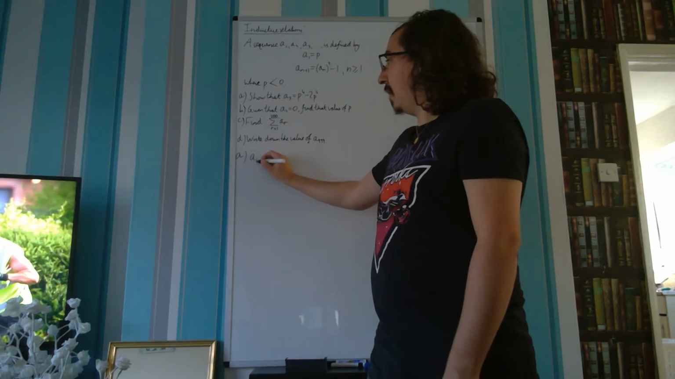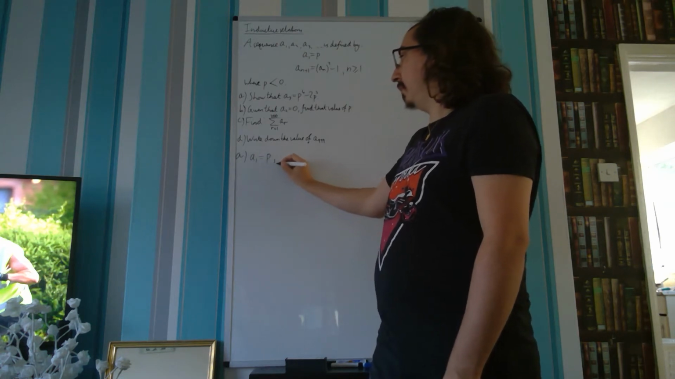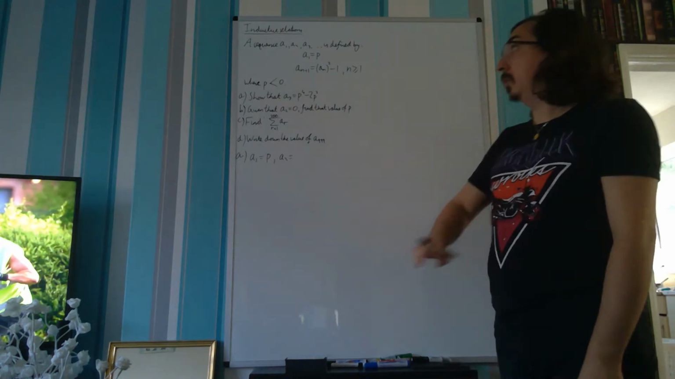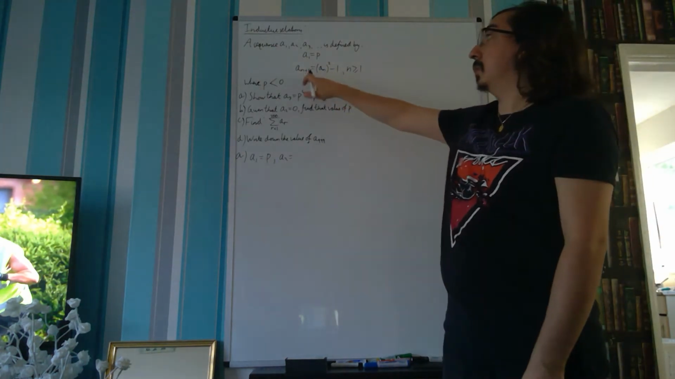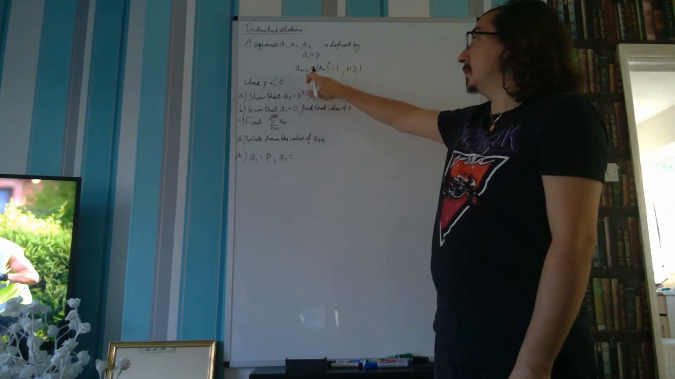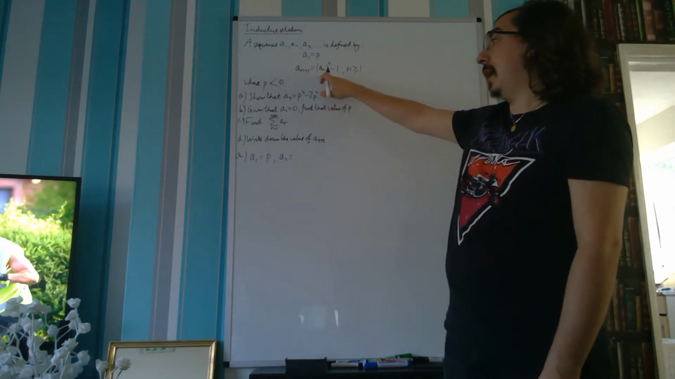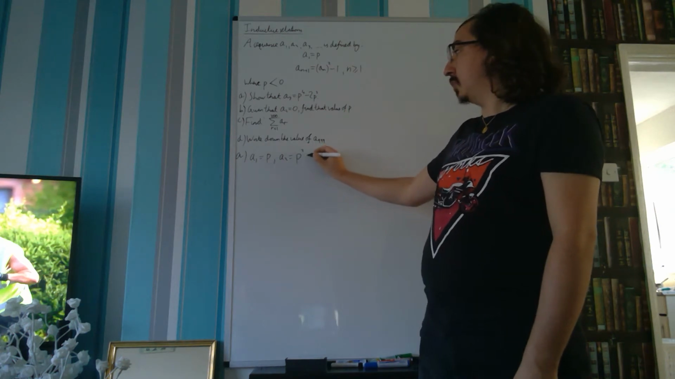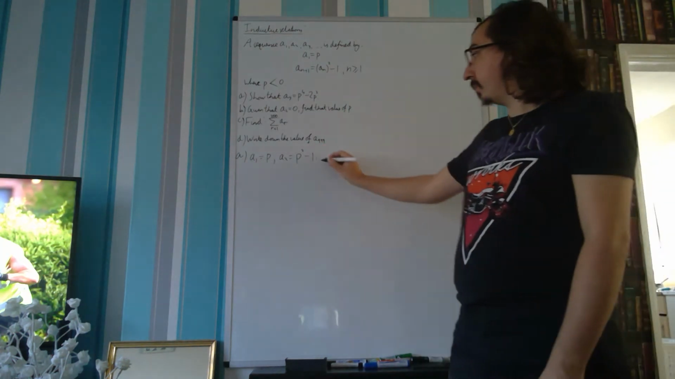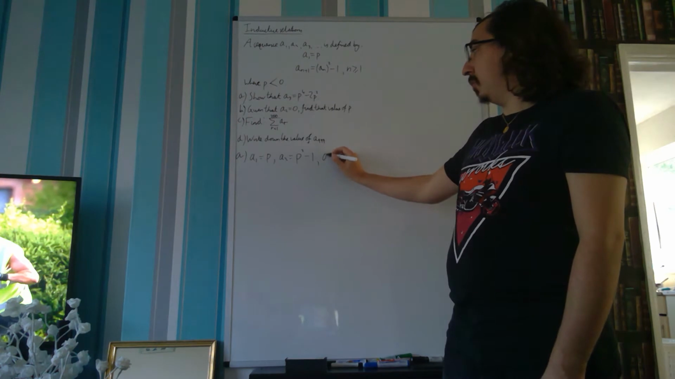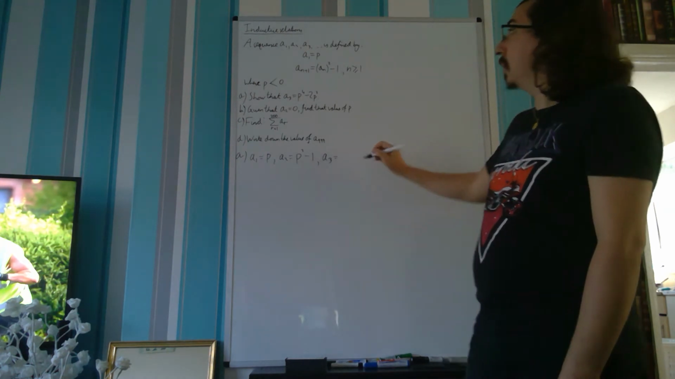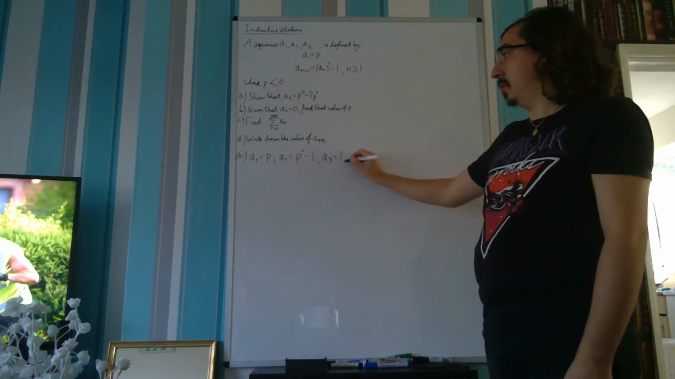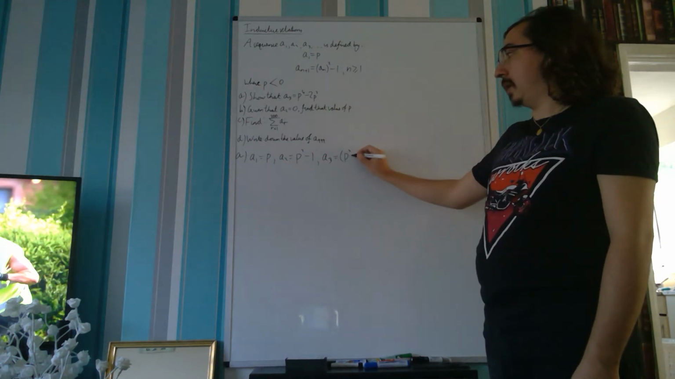So we're given a1 is equal to p. Next up we need to get an expression for a2. So we can use this recurrence relation here. And it says that a2 is equal to an squared minus 1, which in this case would be a1. So we have p squared minus 1. We then move on to a3, which is going to use a2, which is p squared minus 1,